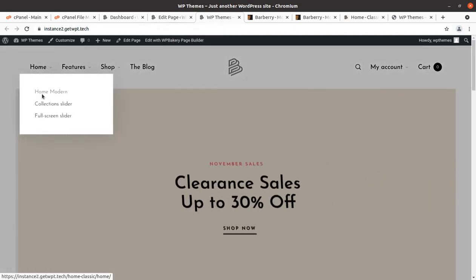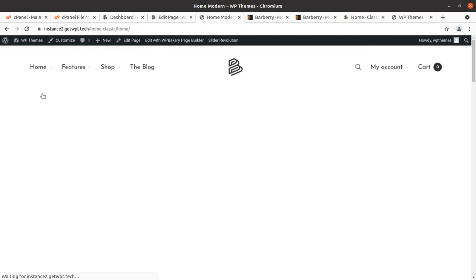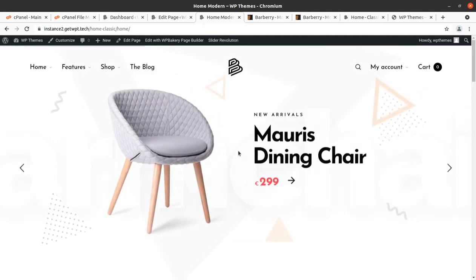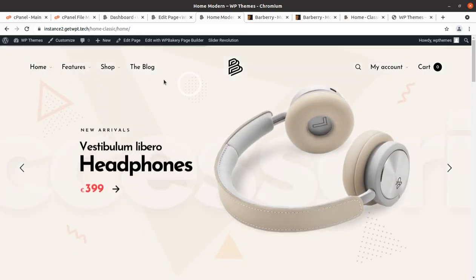However, if we check the home modern, let us see, yes, the demo images provided in the Slider Revolution are here.